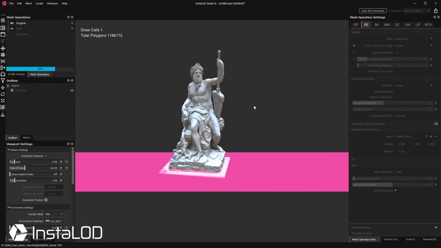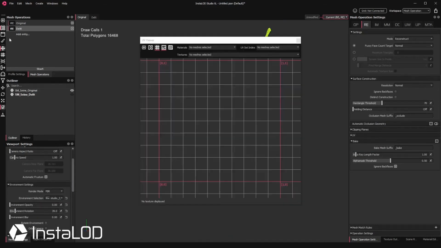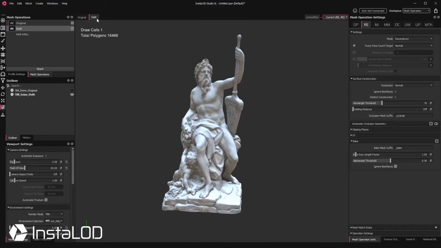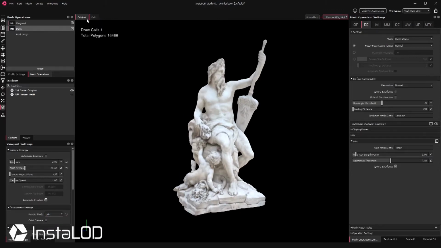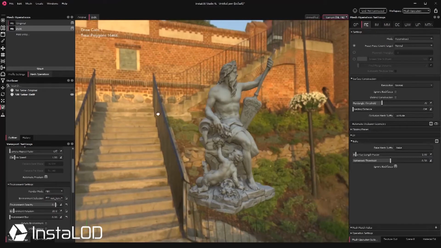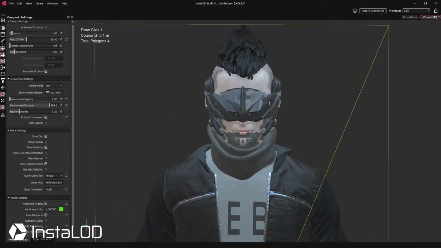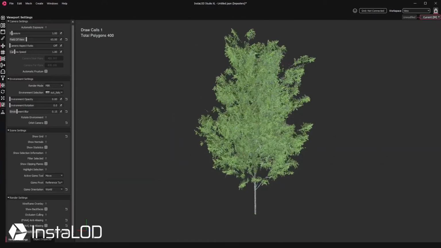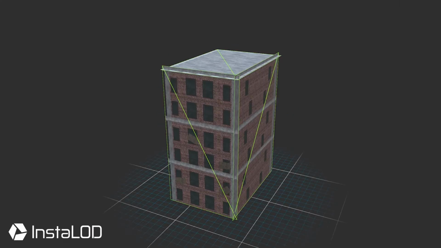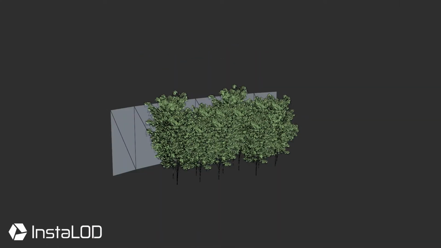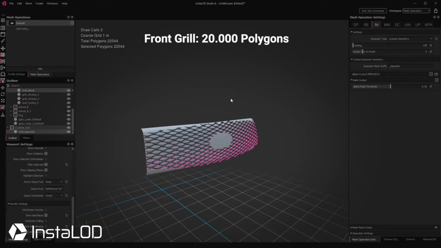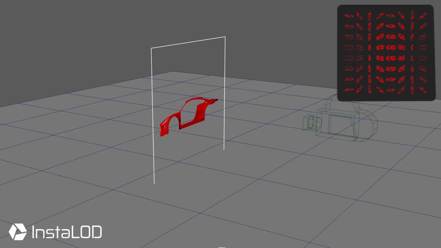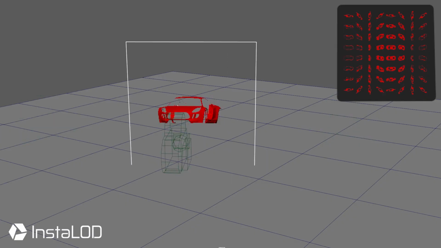including ambient occlusion, curvature, thickness, ID, and many more, with additional advanced features such as delighting for automatic shadow and highlight removal. InstaLOD's imposters generate extreme polygon reductions by creating the illusion of dense geometry. The wide variety of imposter types and advanced features make InstaLOD's imposters a capable toolkit for model representations of any